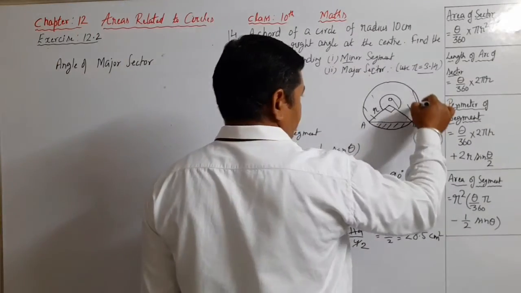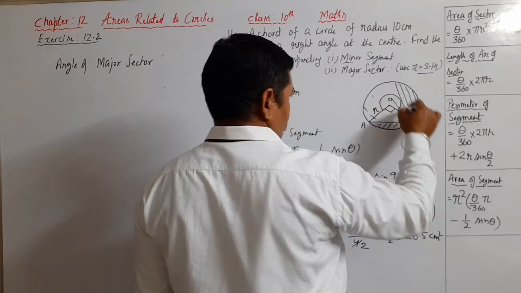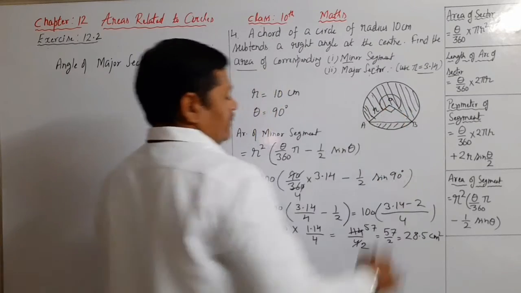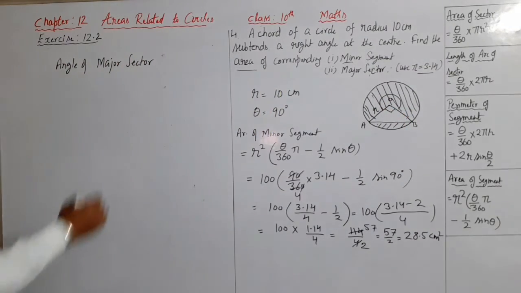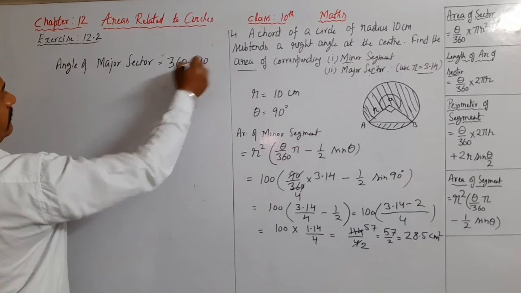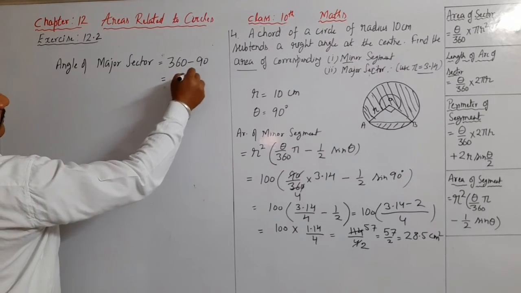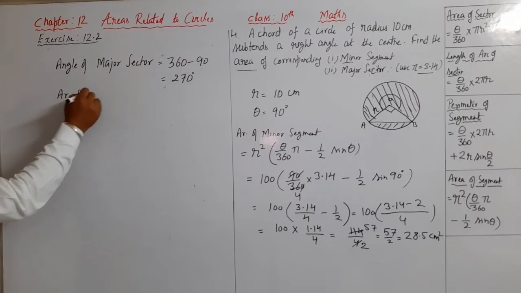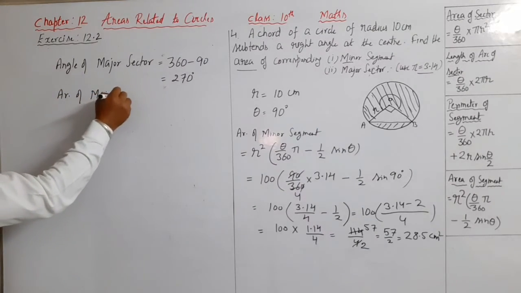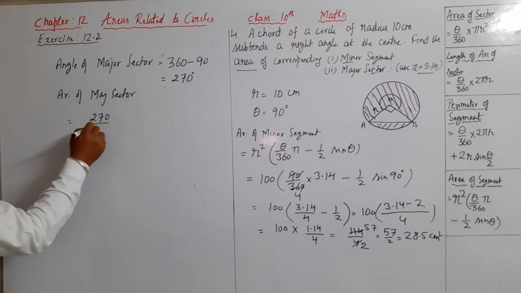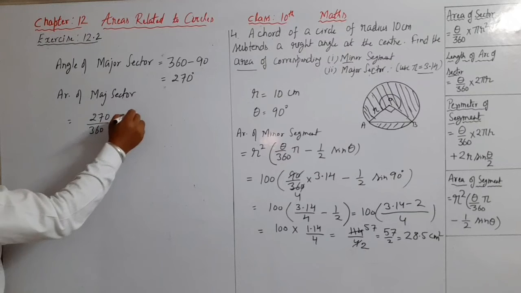and the angle of major sector is complete revolution 360 minus 90 is equal to 270 degree, and the radius is 10 centimeter. So area of major sector is equal to 270 theta upon 360 into pi